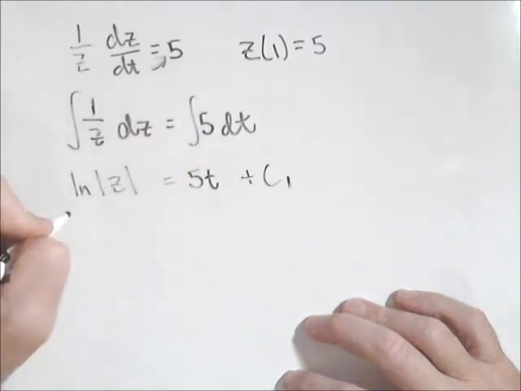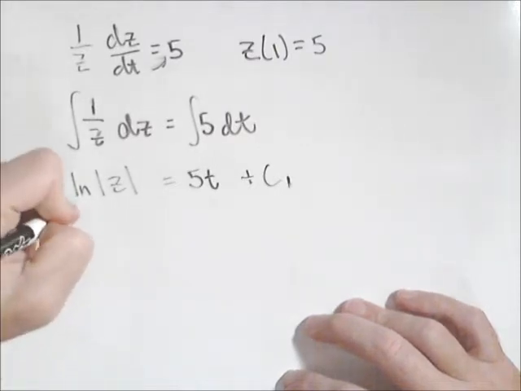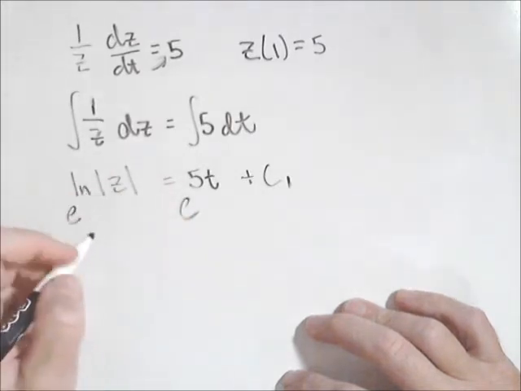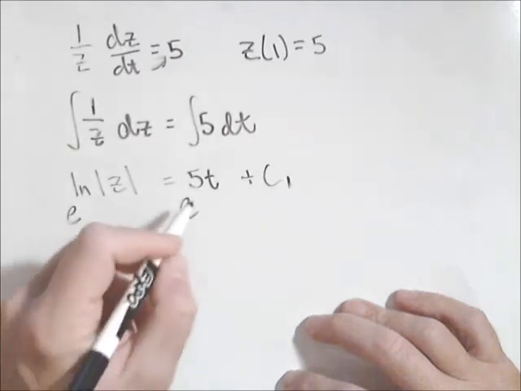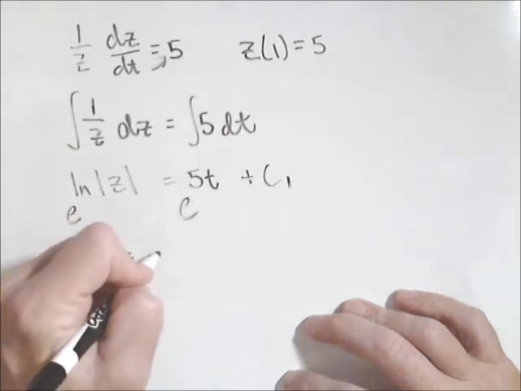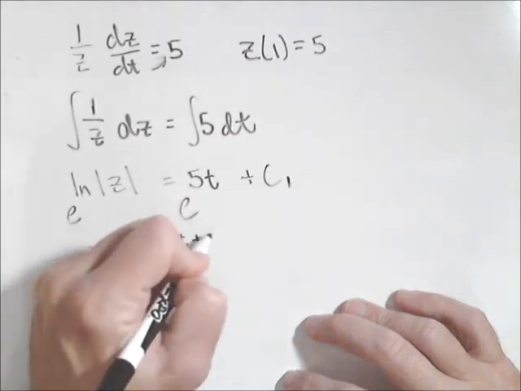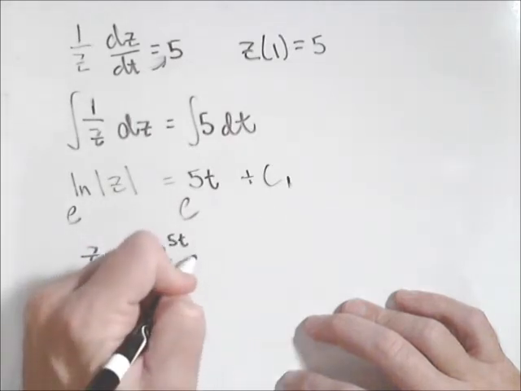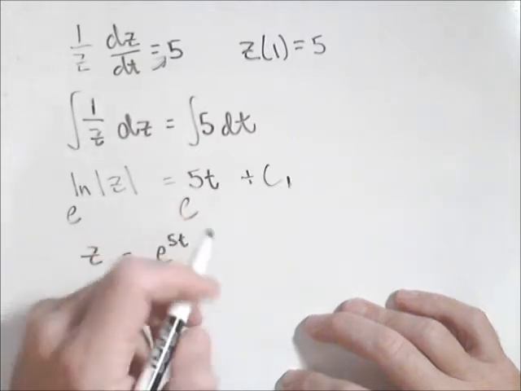Now to solve this, one way I like is to just make both sides exponents of e, because we'll have a property of logs that will allow us to simplify this side. E to the ln of z is just equal to z, and we don't have to worry about the absolute value now. And this is equal to e to the 5t plus c1 up in the exponent. But by properties of exponents, I could write that as e to the 5t times